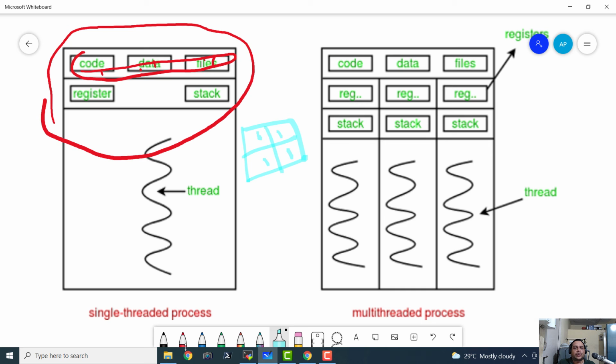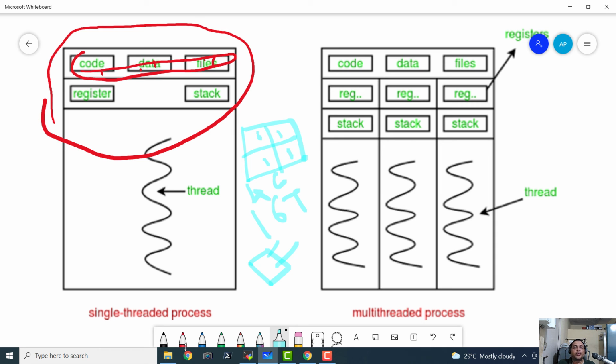Okay, so we could have a 4 core and 16 thread processor. 4 core and 16 thread. So it means that one core can handle one process as well as 4 independent threads concurrently.